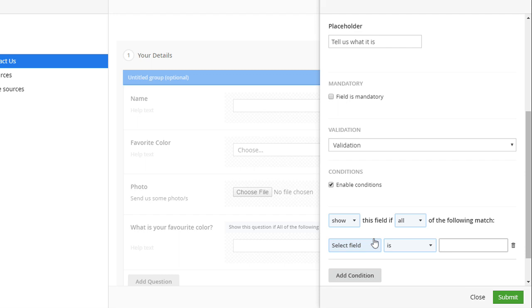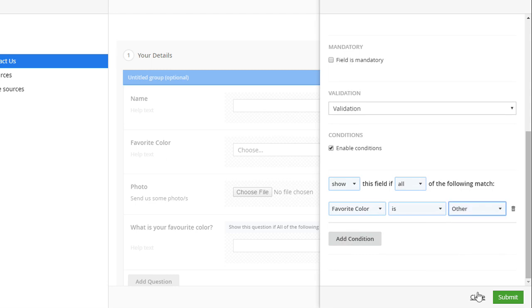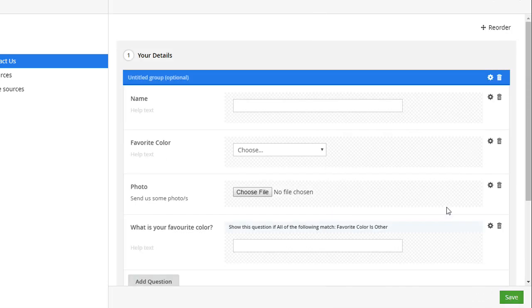A common problem was with a checkbox list or a checkbox even. You wouldn't know if you needed to enter 0 or 1, true or false, yes or no. Now we can just say select a field, so we can say favorite color is other, and then we can submit this. So we're only going to show this field if the user up here fills in other from the